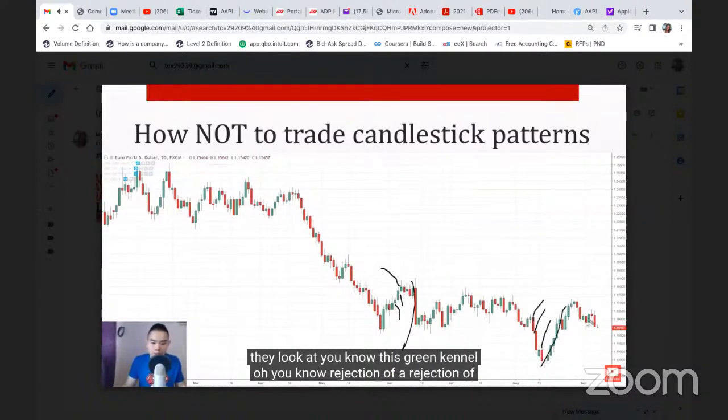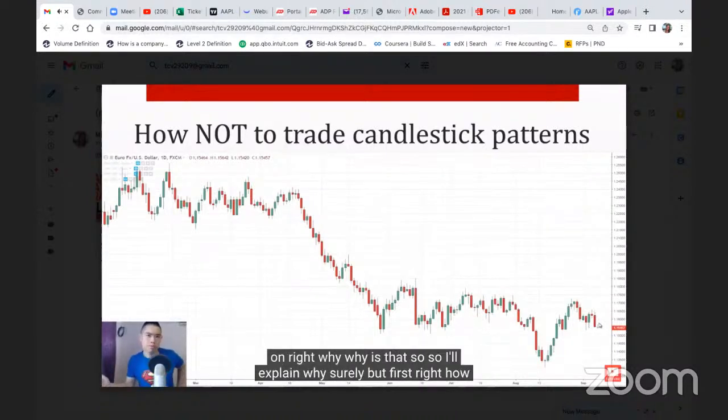Or if they look at this green candle. Oh, rejection of lower prices. This candle, right? Let me go long. Bam, market reverse. What's going on, right? Why is that so? So I'll explain why shortly. But first, right,